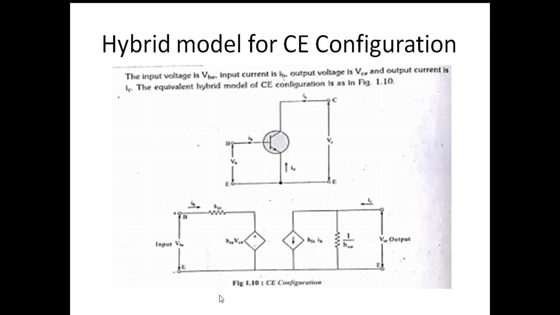This is developed by using two equations, that is input voltage equation and output current equation. From the input voltage equation, we have developed the input circuit with the help of Kirchhoff voltage law. This input voltage is equal to the sum of other two voltages. Therefore, it is represented and developed using Kirchhoff voltage law. It consists of input impedance and another one is a dependent voltage source.